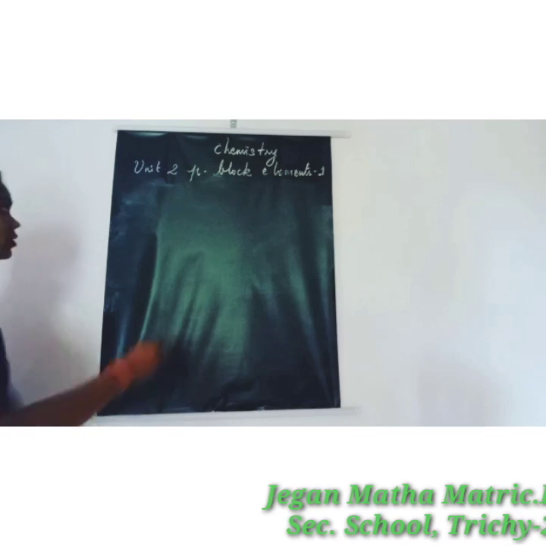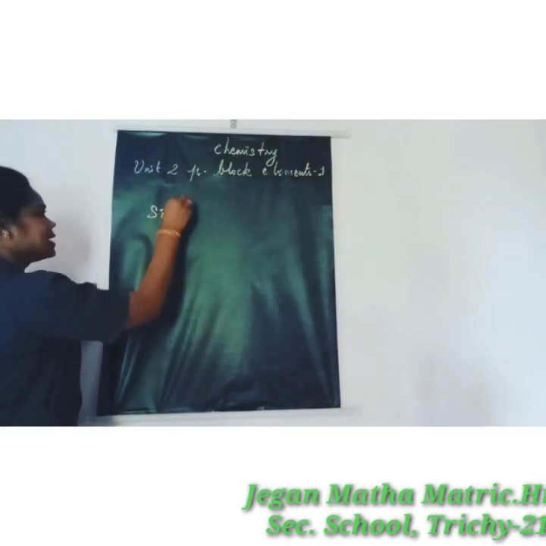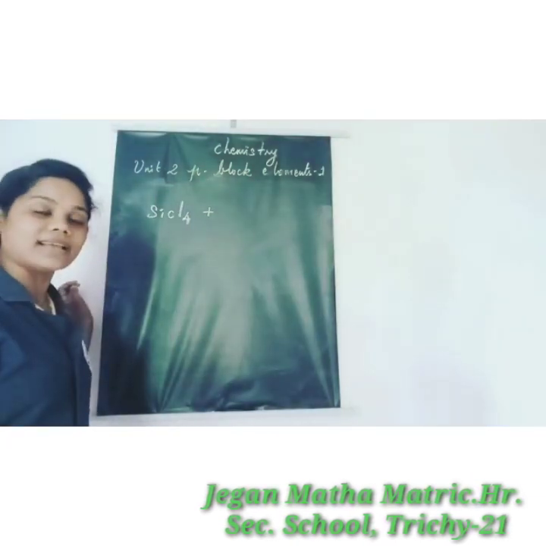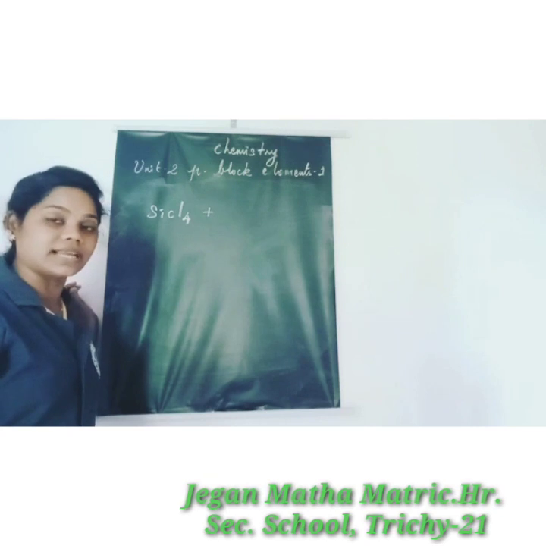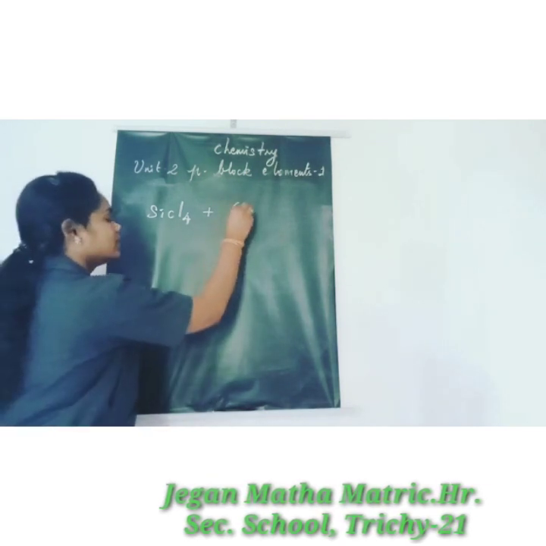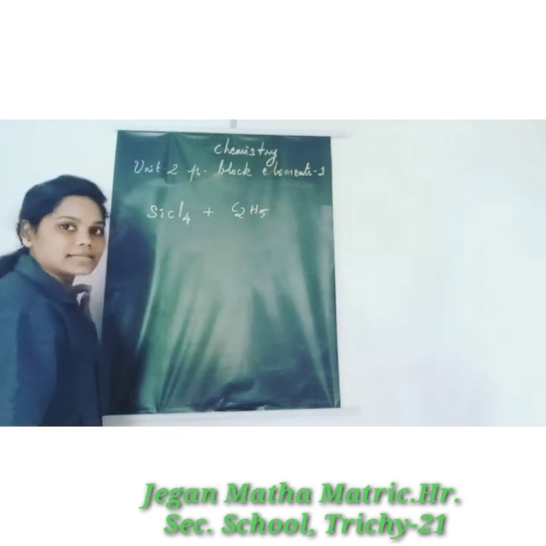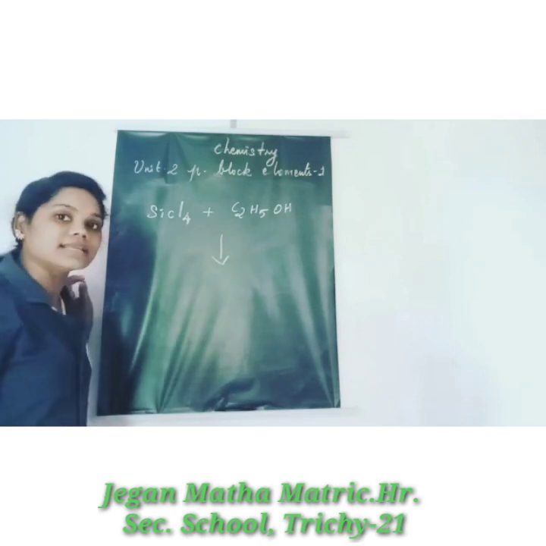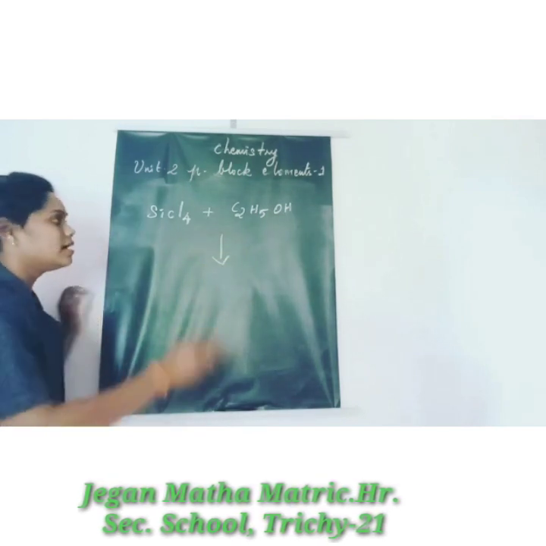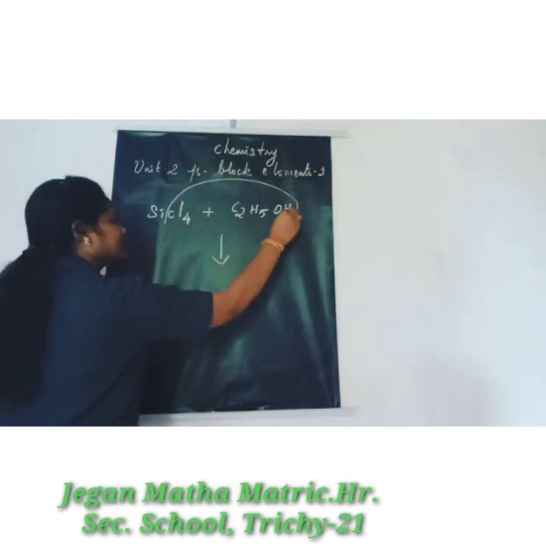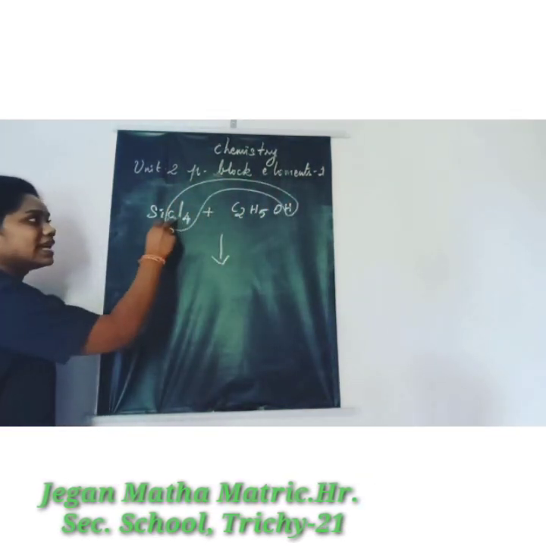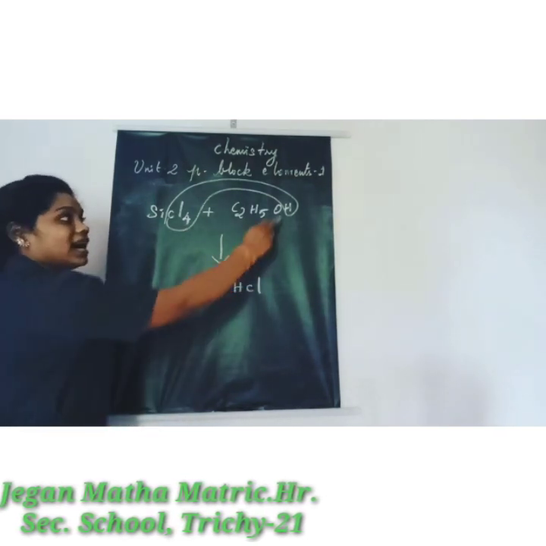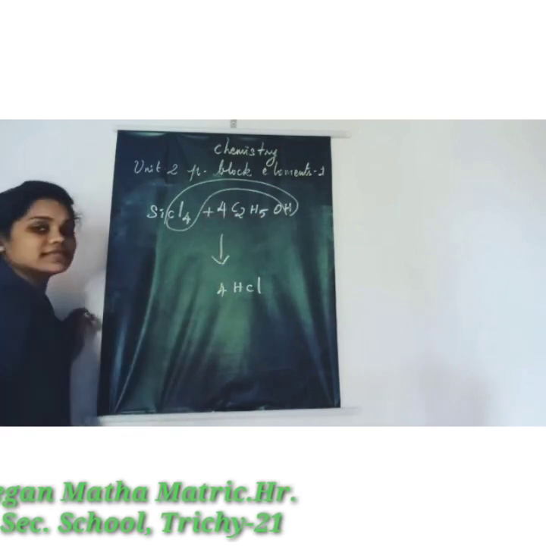Okay. Silicon tetrachloride formula is SiCl4. That is reacted with any type of alcohol. Now I take ethyl alcohol. Methyl represents CH3. Ethyl represents C2H5. Alcohol functional group is OH. When it is reacted, it gives silicic esters plus hydrogen chloride. First hydrogen chloride is formed. So here 4 times chlorine. So hydrogen chloride, 4 times chlorine, so 4 times. But here hydrogen 1 time, so here hydrogen is 4 times.